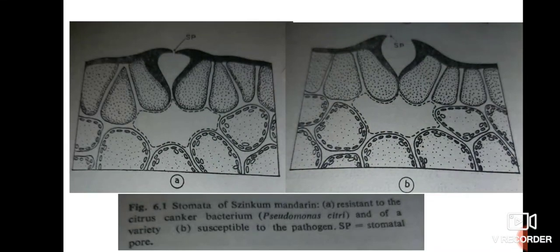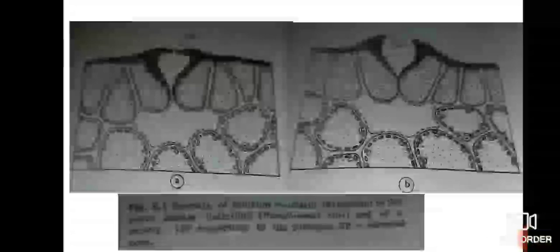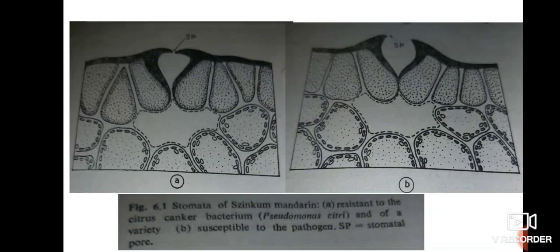In this species, this plant is resistant to the citrus canker bacterium because it possesses a broad cuticular ridge projecting over the stomata. We can see this projection in the diagram very clearly, and a narrow slit leading to the stomatal cavity, so that the raindrop containing fungal spores and bacteria cannot really reach the mesophyll of the cells.